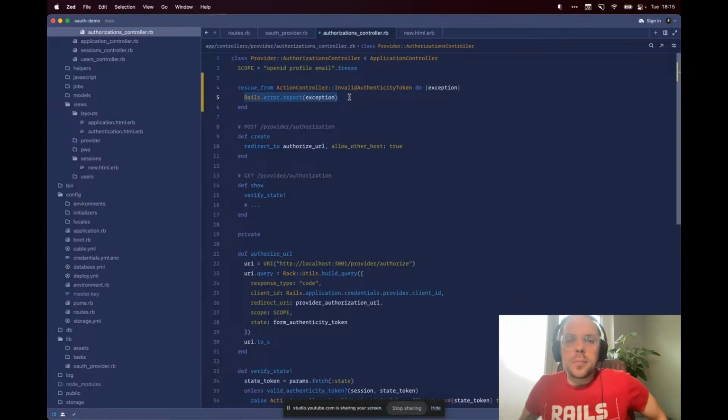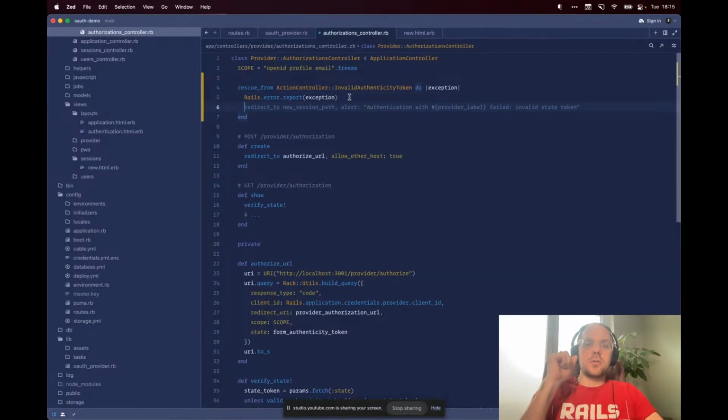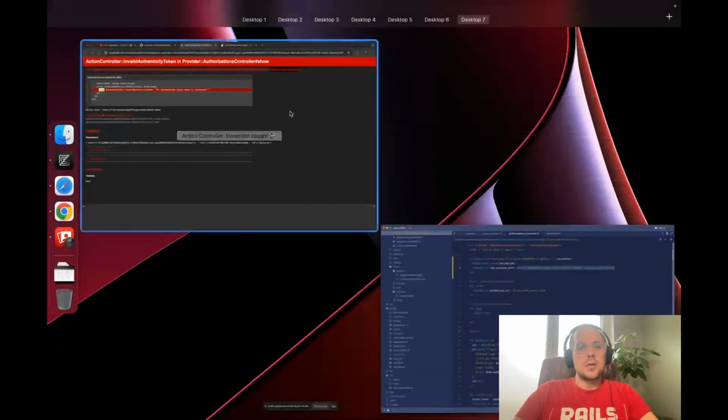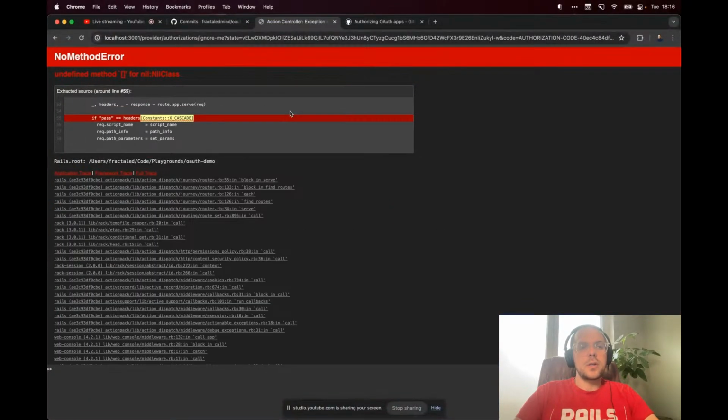And in general, just as an example for the things you can do, we want to report that this happened. So let's just do this. Provider failed. You can either give information to the user or hide information from the user. That's your prerogative. I'm going to leave it here. And we want to send them back to the start of the flow and give them an alert. So if we come back here, we refresh the page again,